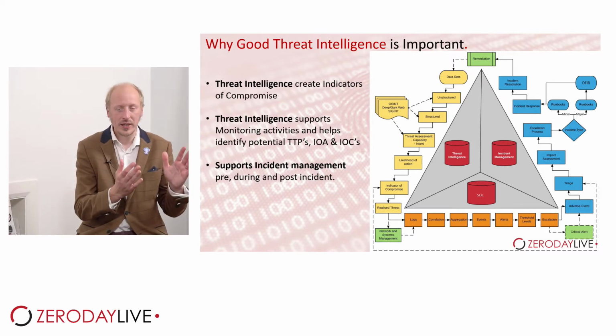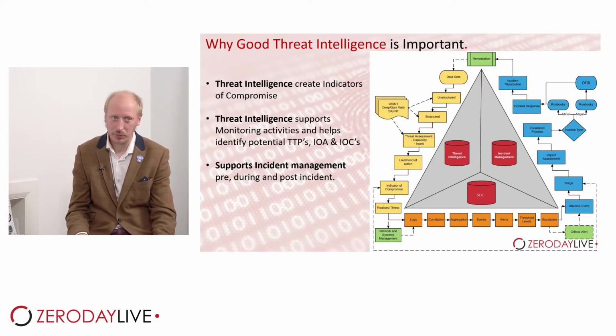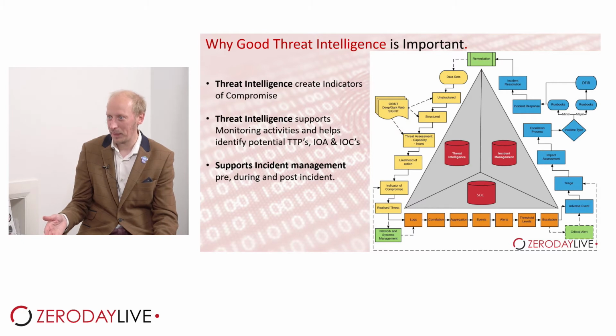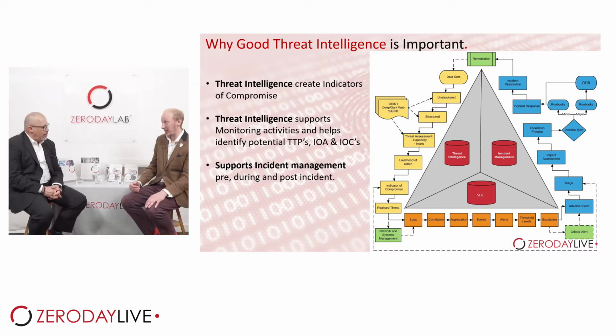On the other side, how does it support incident management? So let's say you don't have a SOC, just for example, but you find that we detect something quite late in the process. You still need intelligence during an incident, hopefully before something happens, but you still need intelligence to tell you what's happening and what you need to look for. When an incident's happening, you need intelligence to understand and get situational awareness. Absolutely you do. And you need it after an event, because ultimately you need to understand how that happened, and what we can do to stop it from happening ever again.